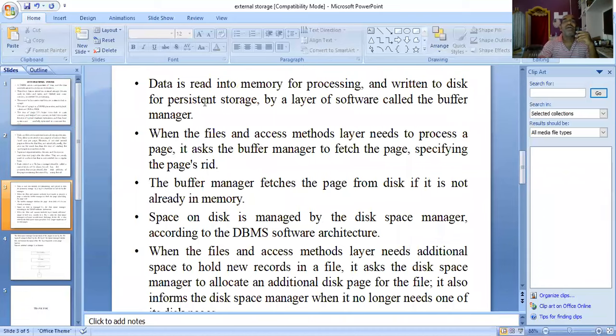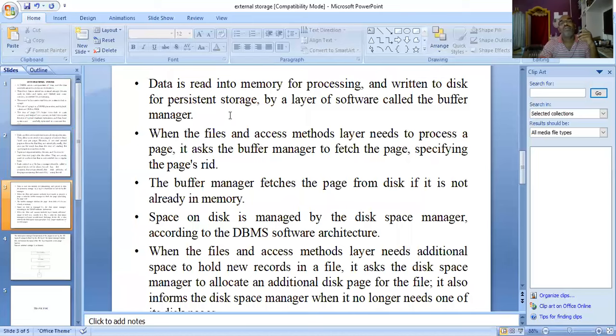Next, data is read into memory for processing and written to disk for persistent storage by a layer of software called the buffer manager.